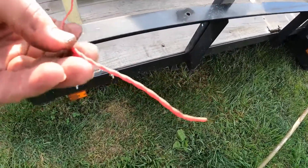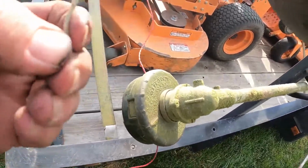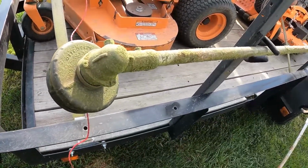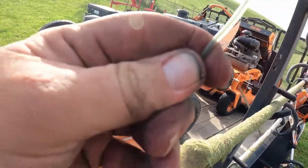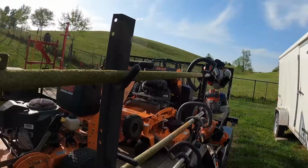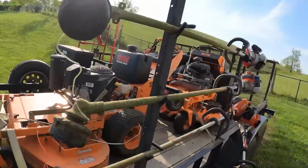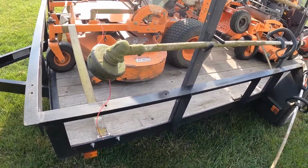it's trimmer line. Every trimmer line just about frays a little bit. This is, I forgot what. I've got so many trimmer lines in these things, I forget. Here's the other gator line, but it's Hipa. See, I use that in my Red Max. So I was trying this one today, and oh my gosh,